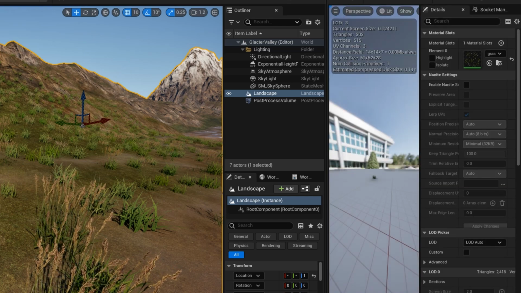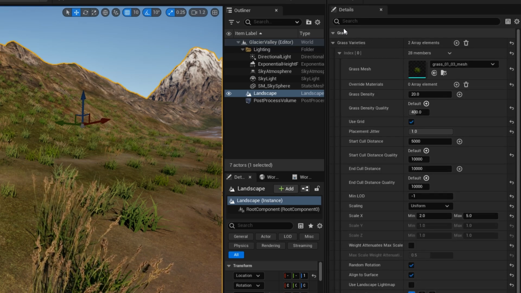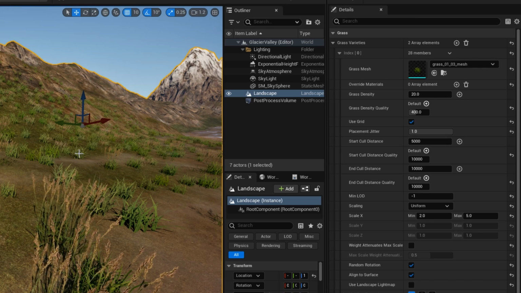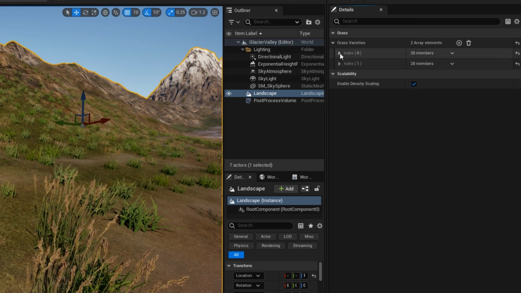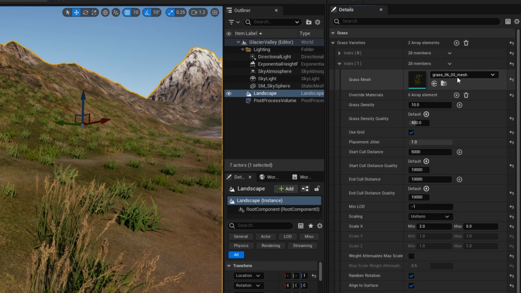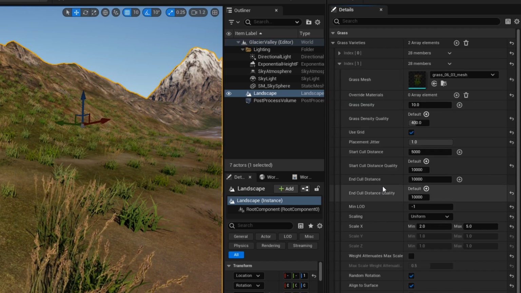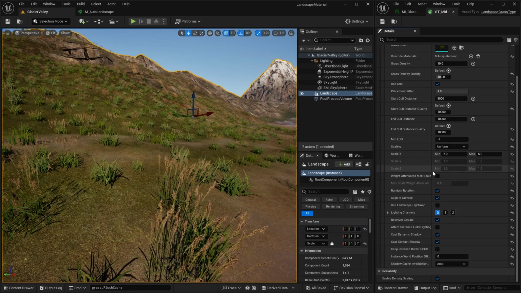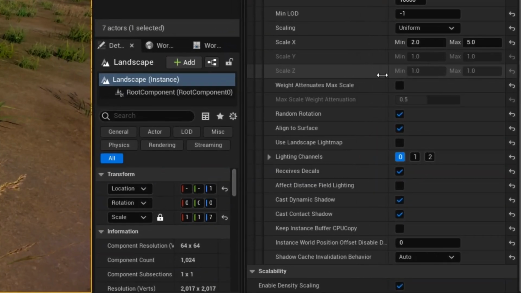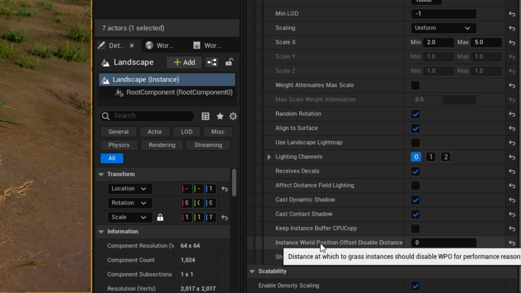Come out of here, and in our landscape grass type for this mid-low mask, open up the second item, which is this wheat grass, and somewhere down near the bottom there's this parameter, instance world position offset disable distance.